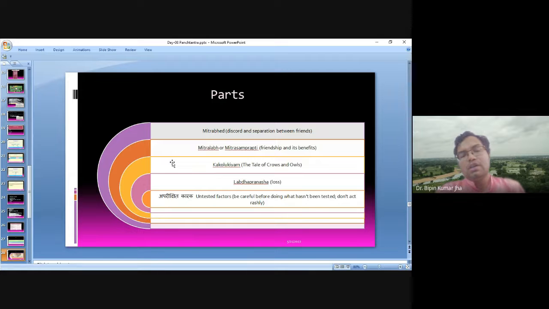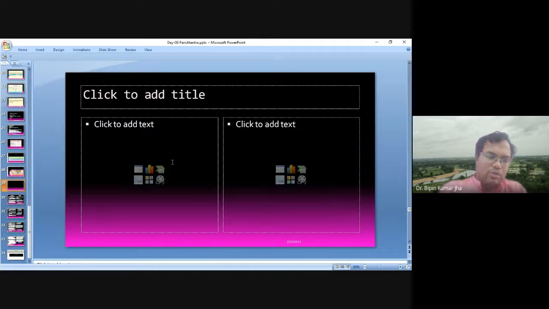And it has been mentioned that this text was written in the 3rd century BCE. But because it is not available in its original form, you can't say when it existed. Okay, so now I am coming to